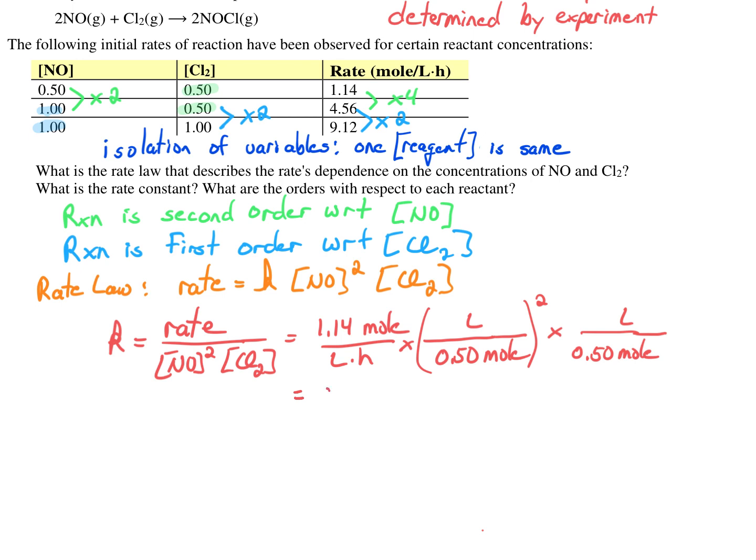Numerically, our result is 9.12. Let's take a look at the units. Liters, cancel with liters here. Moles with moles. So we have liters squared per moles squared hours. And as far as sig figs,